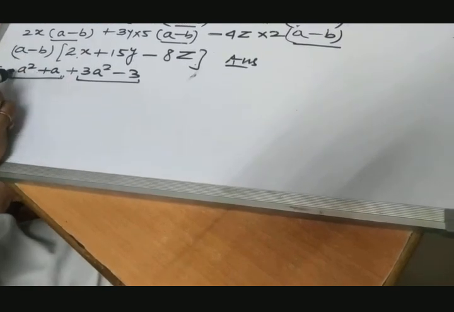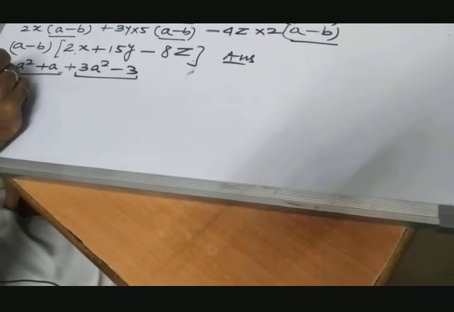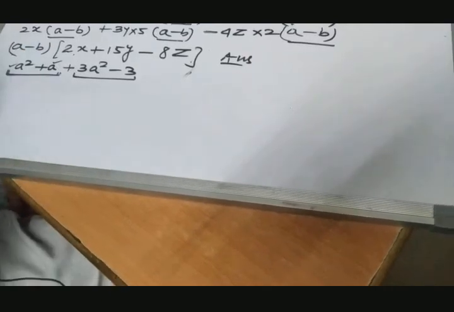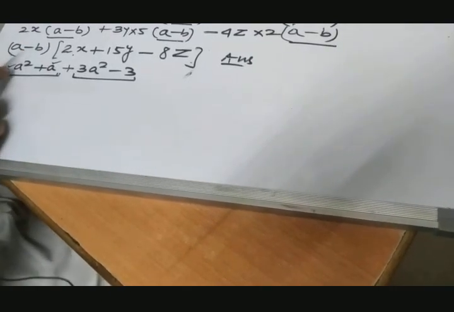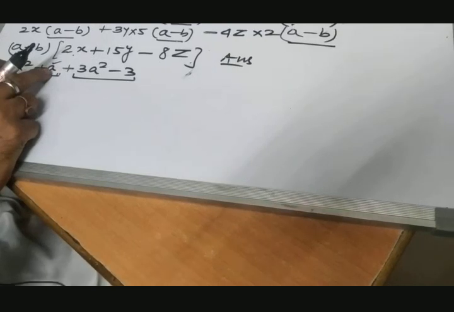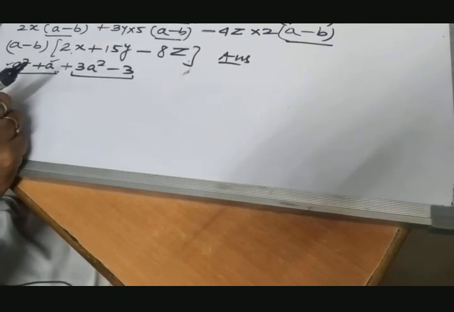First group contains a square and a. It also contains a, it also contains a. Here a has the 2 power, here a has the 1 power. We have taken